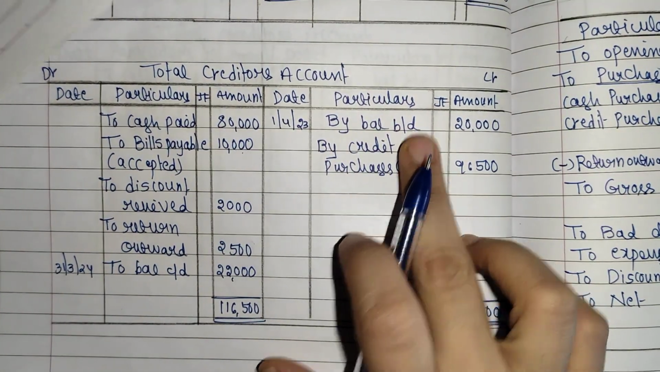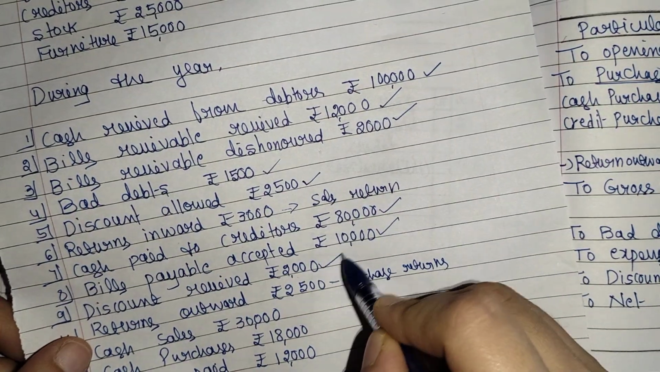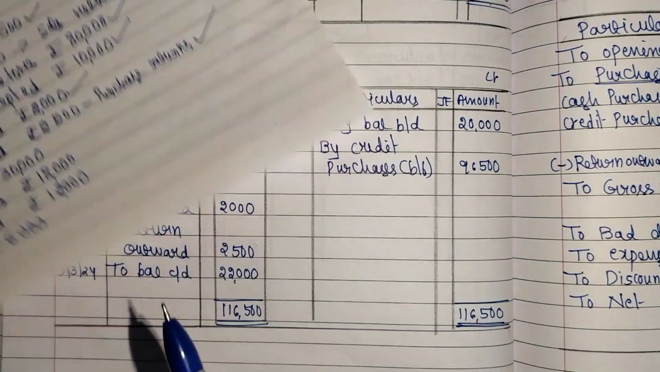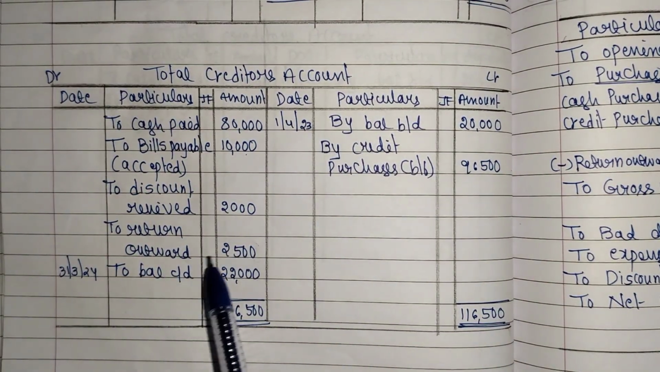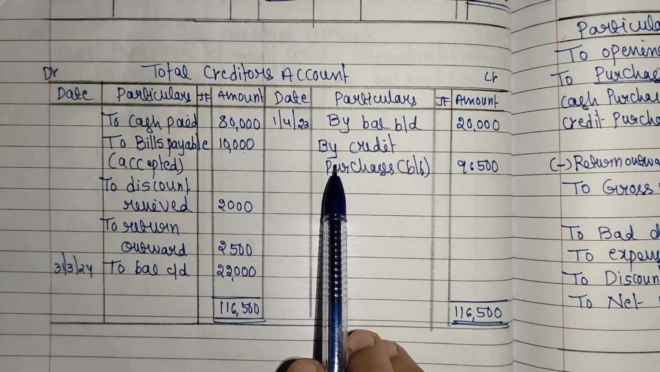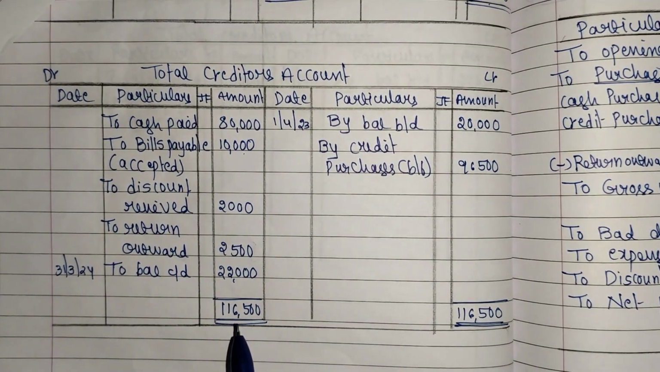And here by balance brought down, here write down to balance carried on. How much? Discount received done, right? This is also done. How much creditors? That is rupees 22,000. So to balance carried on, rupees 22,000. Now debit side is more than credit side. So total of debit side